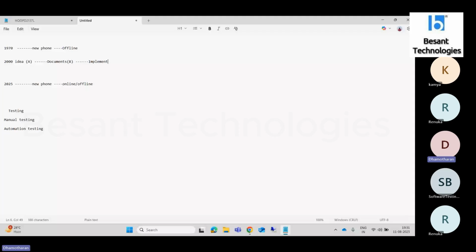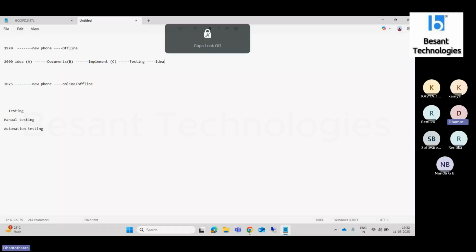Another person is testing the application, whether it is working properly or not. In the end, it goes to the same person who gave the idea, and we give the application to them. So these are all the major roles in the company.